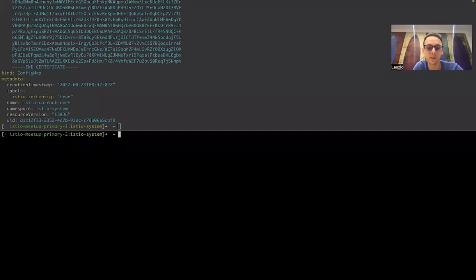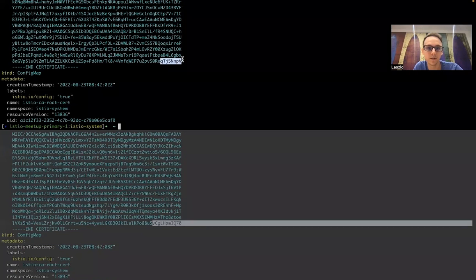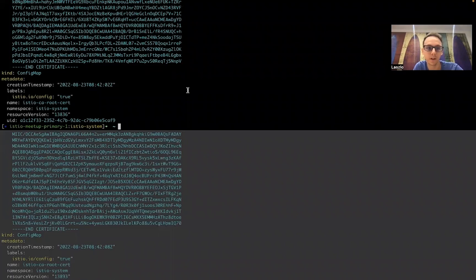So let me show you the root CAs in both of these clusters. As you can see, based on the end of these certificates, these are different on both of these clusters, and still, if you believe me, the mTLS communication would work between pods in these clusters. But how? So what we do is that